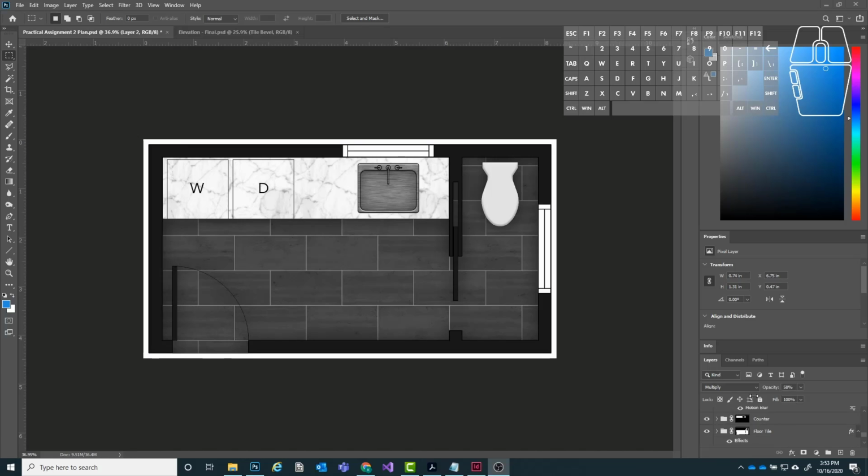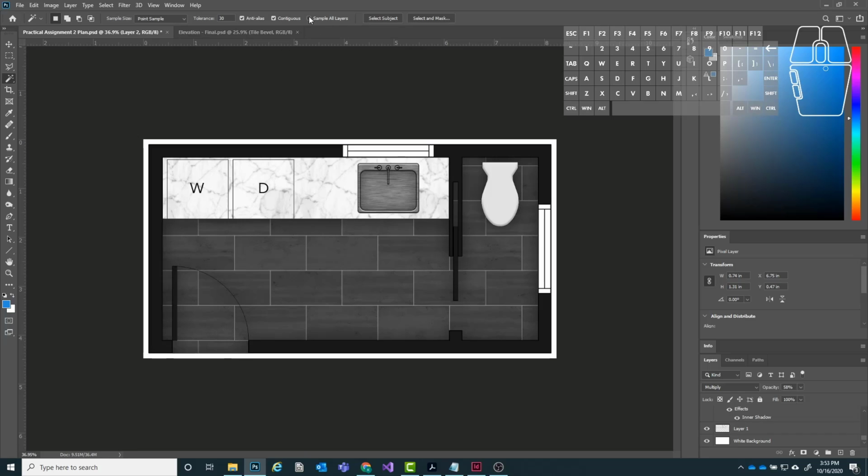So what you want to do is go down to your very bottom layer, if you have a white background put in. And if I were to toggle this on and off, in my case my white background is actually a part of some of the elements of my floor plan. You can see that's actually filling in my windows and some of my doors. So when I turn that off, obviously that's not a good thing because it gets rid of parts of the image that I want. So in this case, what you would want to do is go to your magic wand